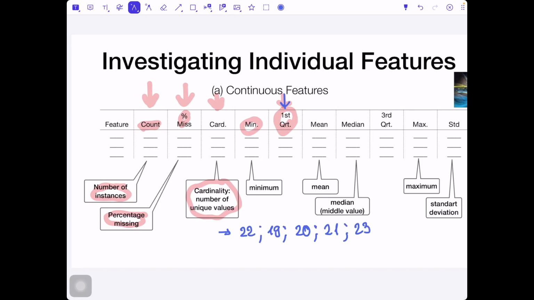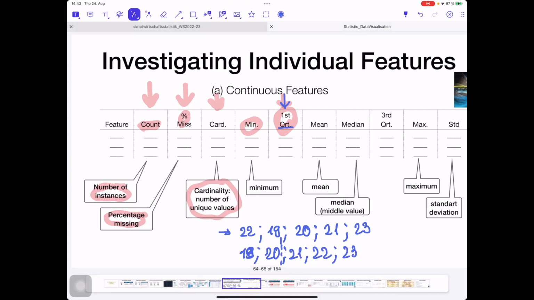Now we would like to compute the first quarter. First, we order these: 19 is the smallest number, then we have 20, 21, 22, and 23. And somewhere around here lies the 25%.